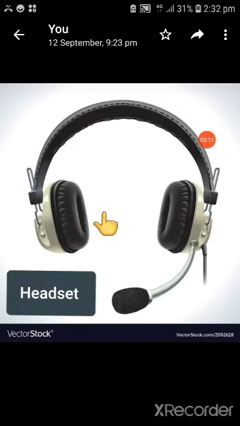So the whole unit is called the headset. H-E-A-D, head, S-E-T, set. This is a headset. So with the help of headset, you can listen to music and record your voice into computer as well. Okay, so this is a headset.